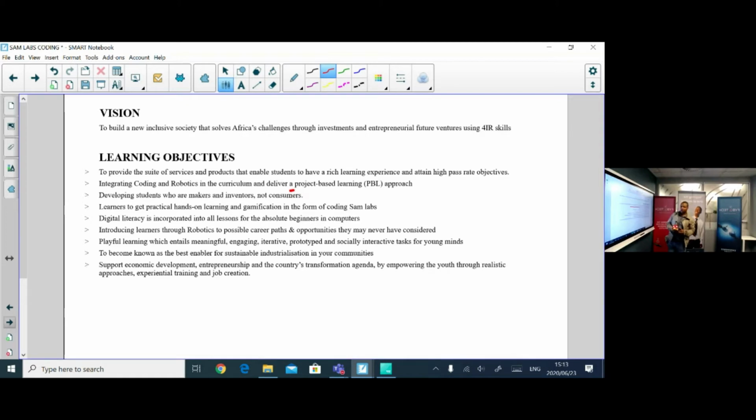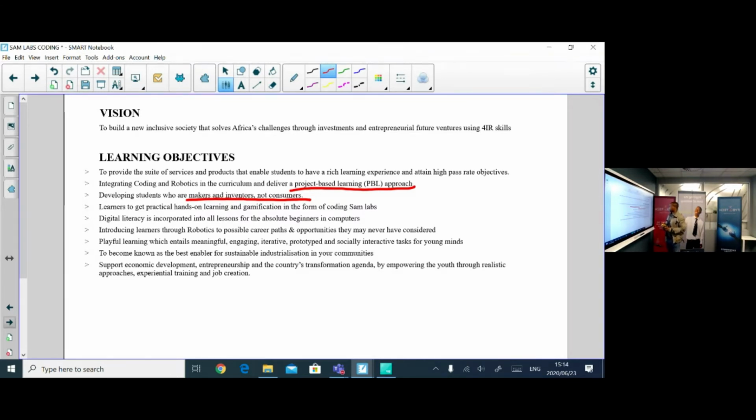So we want your learning to be more practical. And then we want students to be makers and inventors, not consumers. So we want to have a South African brand of a car, of a cell phone,